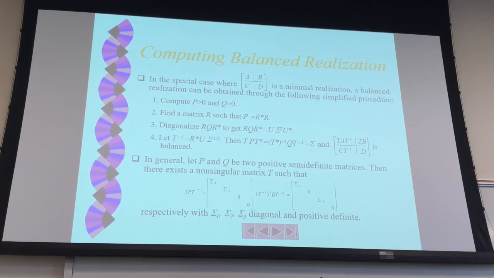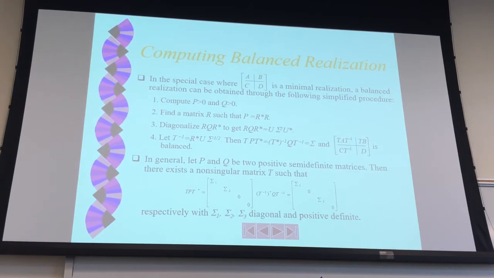So in the system, how do we really do this kind of balanced realization, okay? So you're given A, B, C, D, what are you going to do? You want to compute P and Q, and how can you do it? Basically you should go in a different direction. So let's do this. Minimal realization, balanced realization: first you have a minimal realization A, B, C, D. Then you do a similarity transformation. Find a T matrix. But how can you find T? Basically, you need to find sigma first. What is sigma? Sigma is